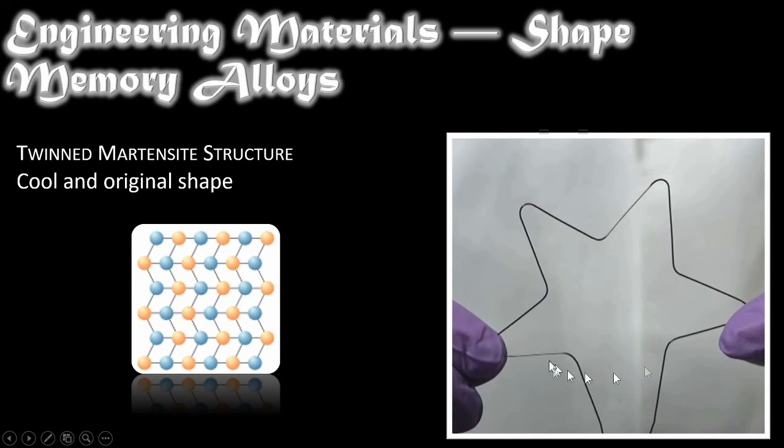Once we take it out and it cools, it will go back into the martensite phase. So the martensite phase is when it's cool, and the austenite phase is when it's hot. And so we take it out and it's set, and the molecules go back into this martensite phase. When it's cooled and it's in its original shape, the martensite shape, it's kind of like these rhomboid